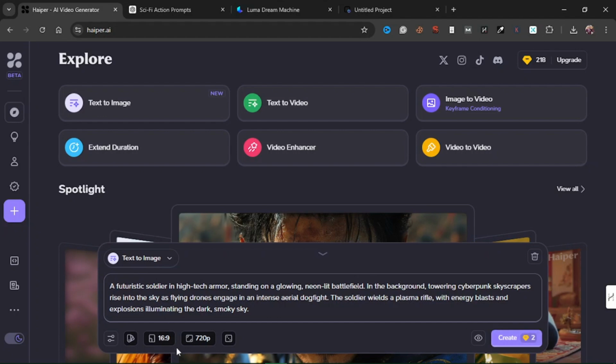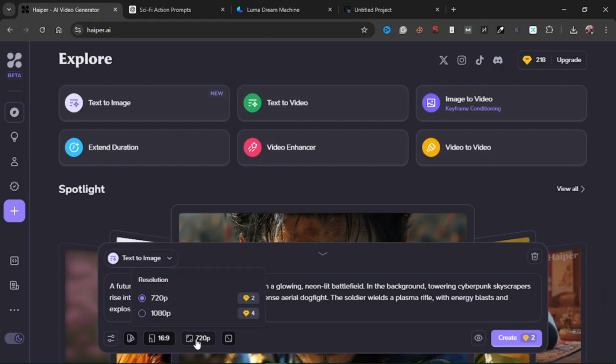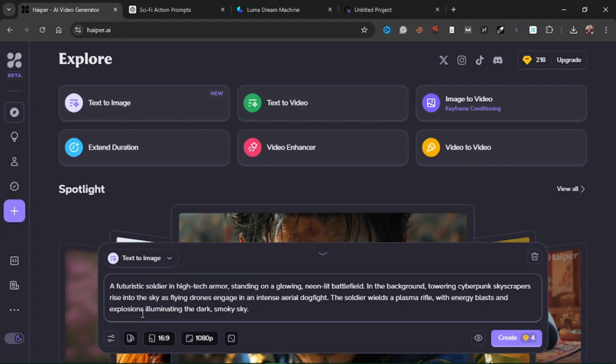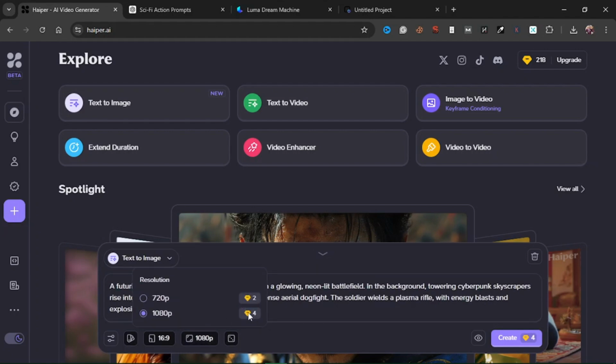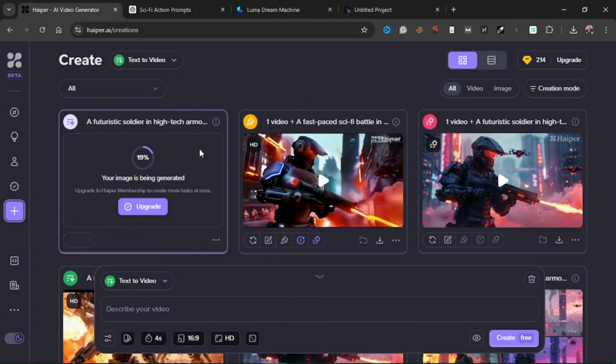And we're just going to leave these options as they are. This is landscape and everything looks well. We can increase the resolution to 1080p, which would cost us 4 credits, but we need the clarity also for us to be able to compare it properly with Leonardo. And then I'm just going to create. When you hit the create button, it's going to generate 4 different images for the same prompt at once. And what we are to test out right now is how fast this works. This is already at